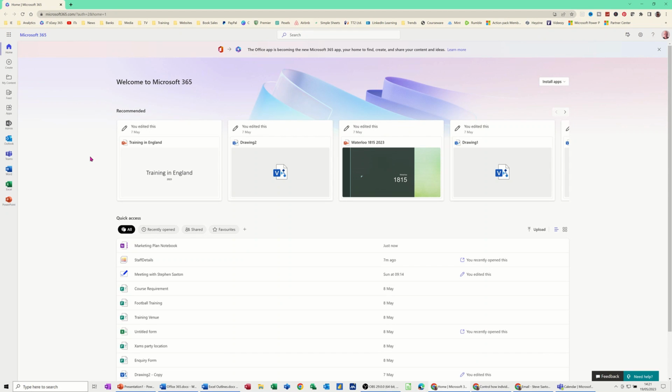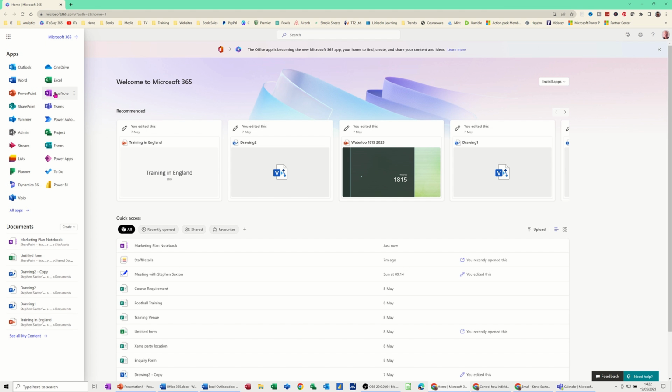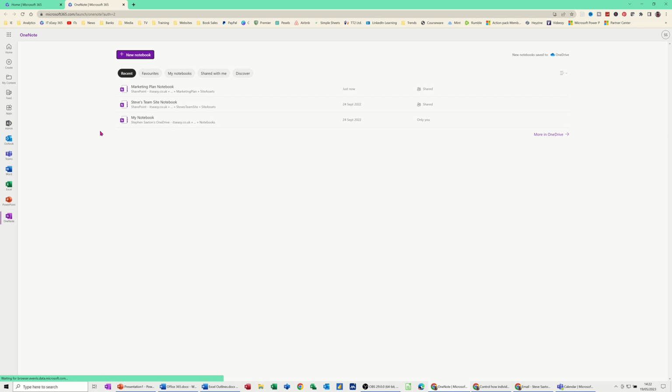Hi guys, welcome to this session in OneNote Online. In this module, I want to show you how you can create notebooks, pages and sections within a notebook in OneNote Online. So I'm logged on to Microsoft 365 and then I'm clicking on the app selector and then going for OneNote. Now it opens up the app and then it'll show you tools that you've got recently opened or created